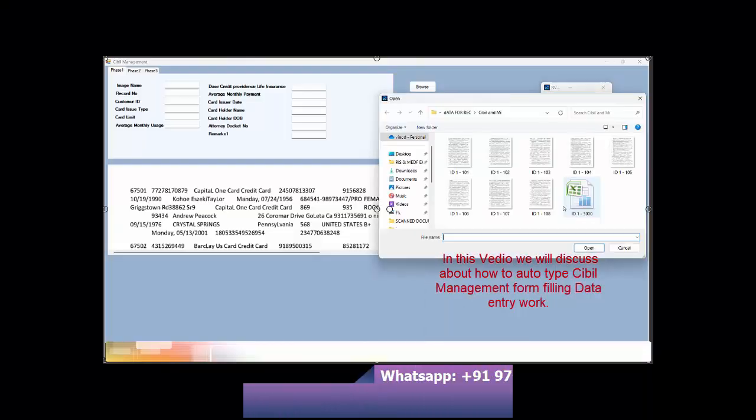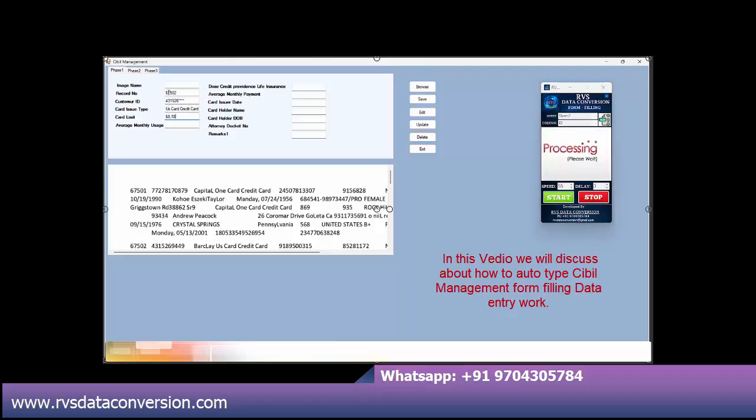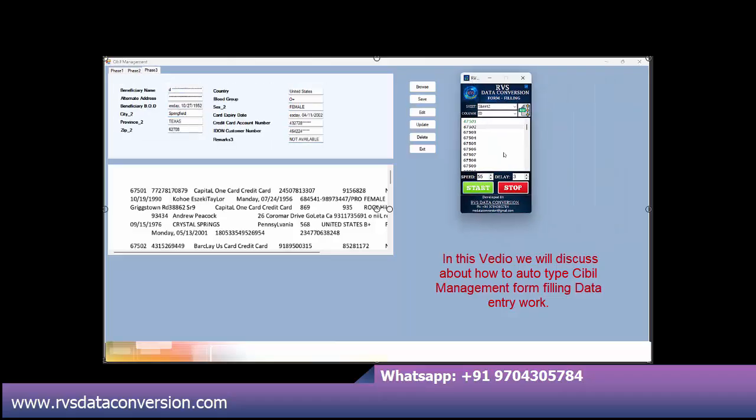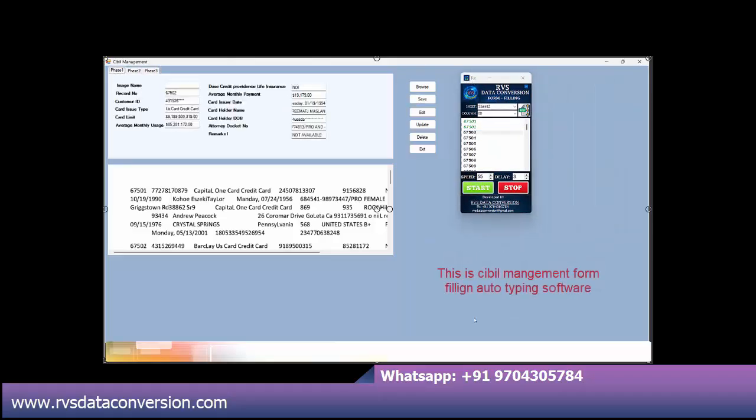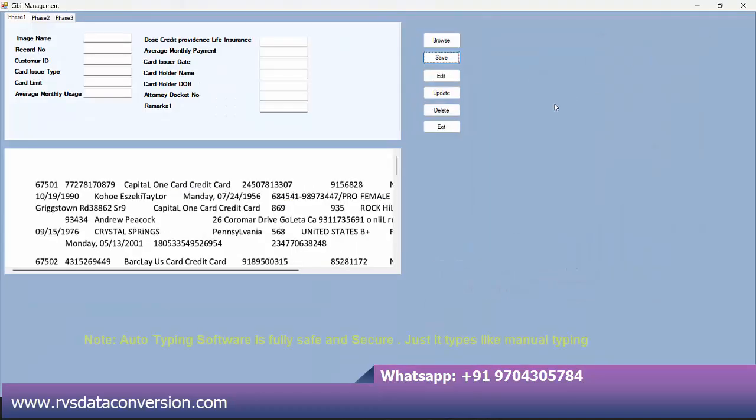In this video we will discuss how to auto-type Cibil Management form filling data entry work. This is Cibil Management form filling auto-typing software. The process of automatic typing of data entry work is: